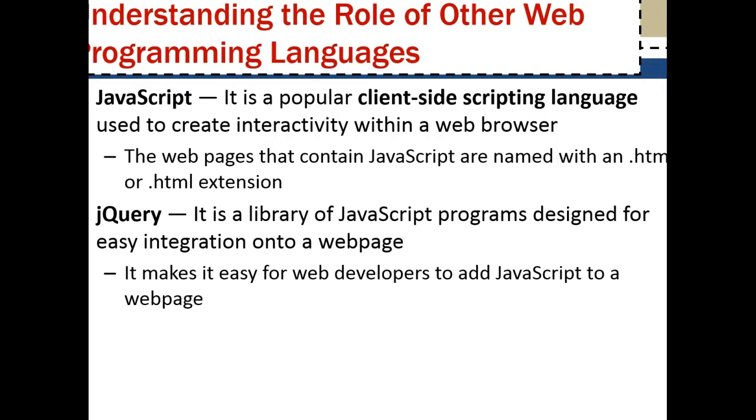So now let's look at the role of other web programming languages. A lot of us, when we learn HTML, also need to learn JavaScript and sometimes jQuery. JavaScript is a popular client-side scripting language that is used to create interactivity within a web browser. Common uses of JavaScript include creating pop-up windows and alert